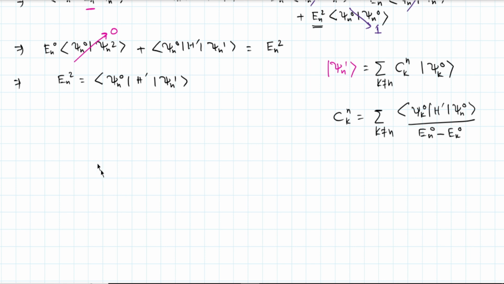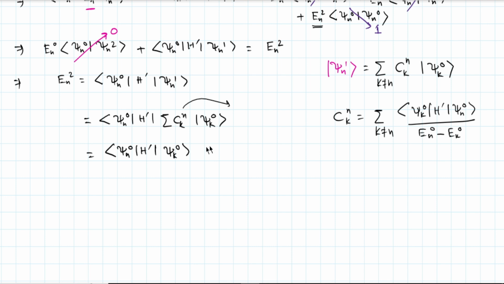Okay, so we will write the value of psi n 1, then it becomes c k n psi k 0, and we can write this equation. Here we are taking the summation out from the bra-ket notation,